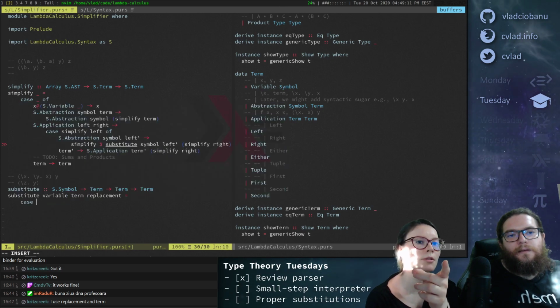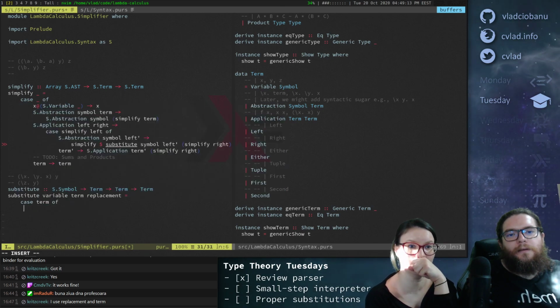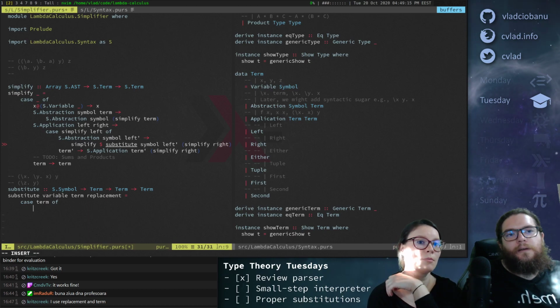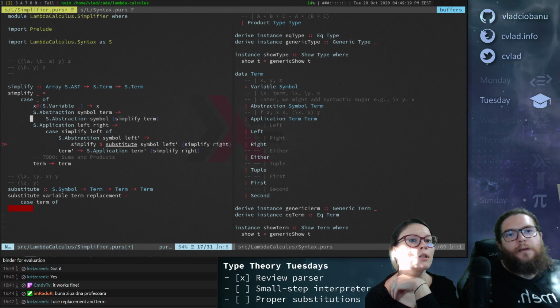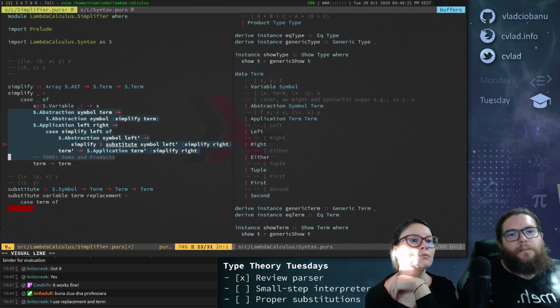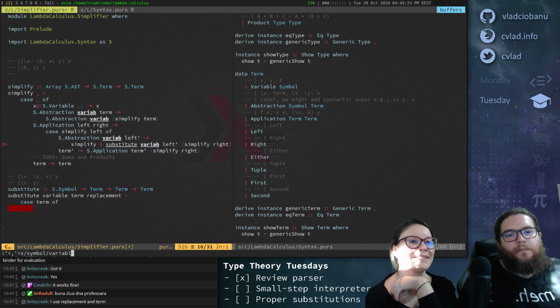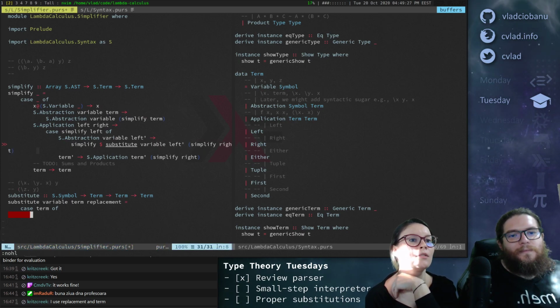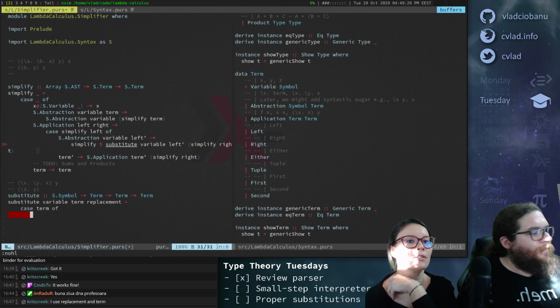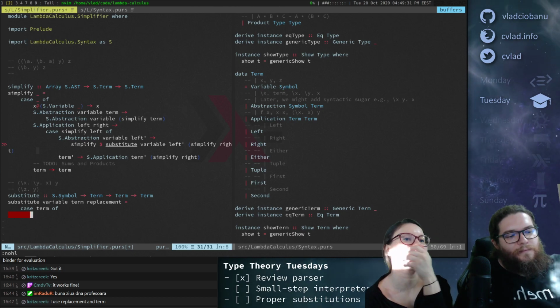And also maybe it will help if you do the same in the definition of simplify. Okay, let's go back. So you have an abstraction of a variable and a term, and then you simplify the term. I'm mumbling.